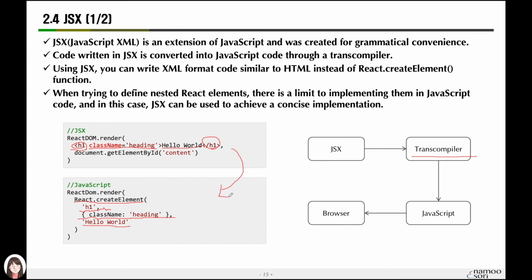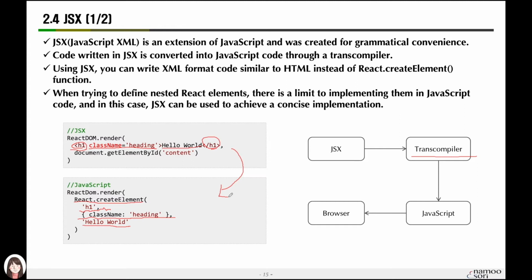It is also called ECMAScript 6, or ECMAScript 2015. React implements code based on ECMAScript 6. However, certain browsers may not support ECMAScript 6 yet.